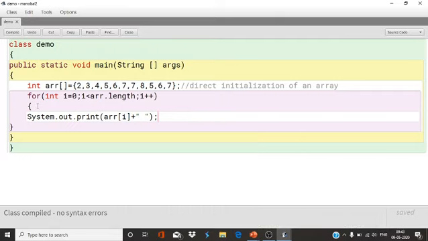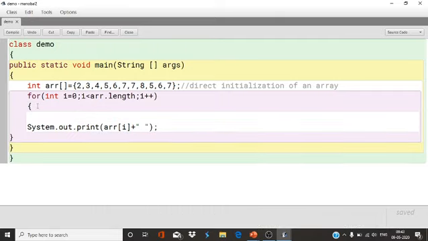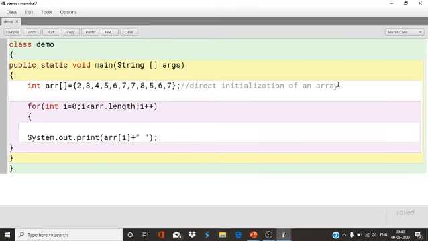Now, suppose I want to find the sum of an array. So I will declare a variable int sum, and the initial value of sum is 0.